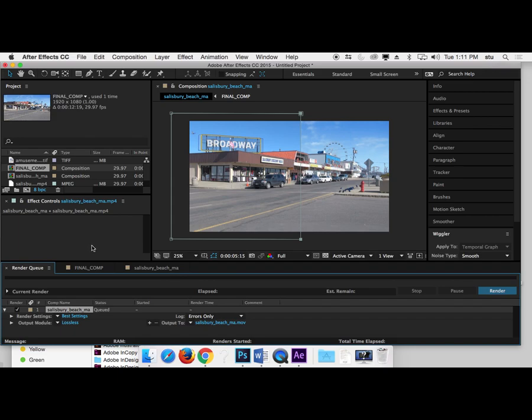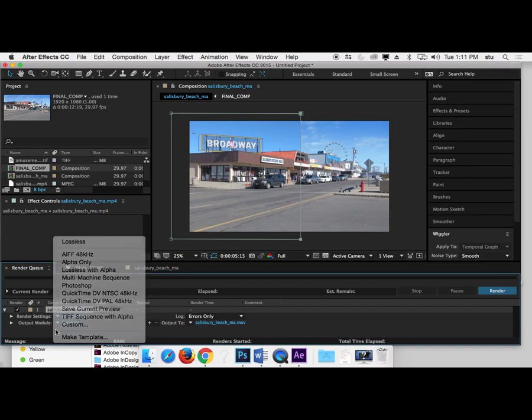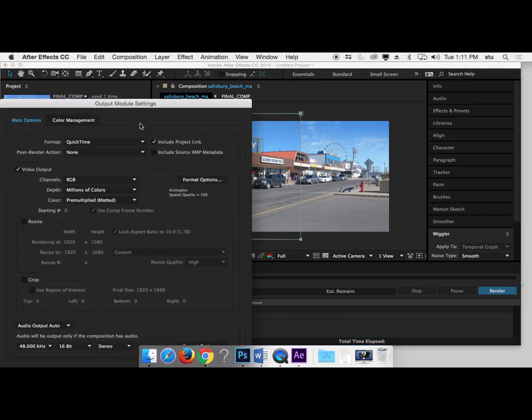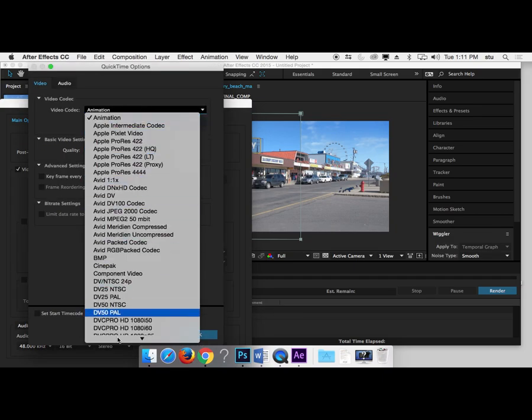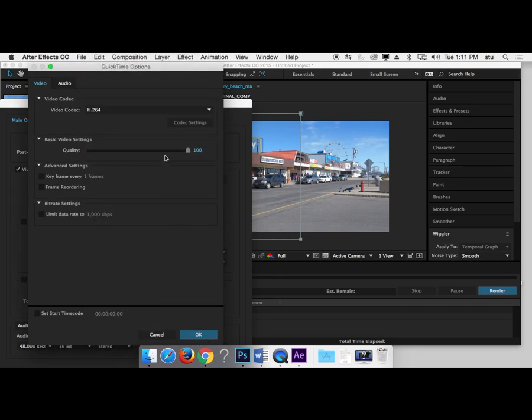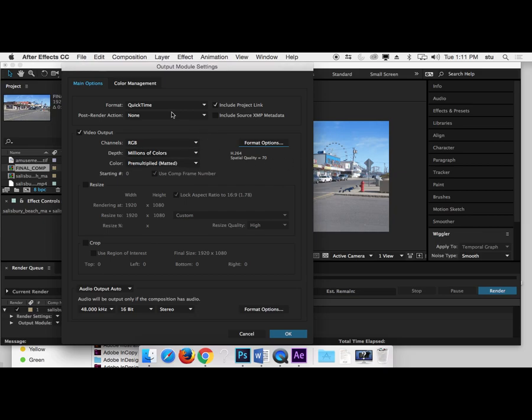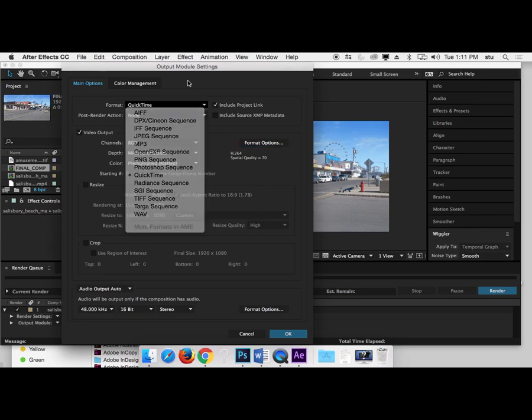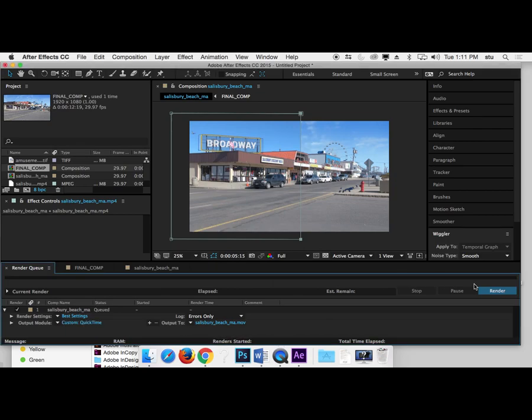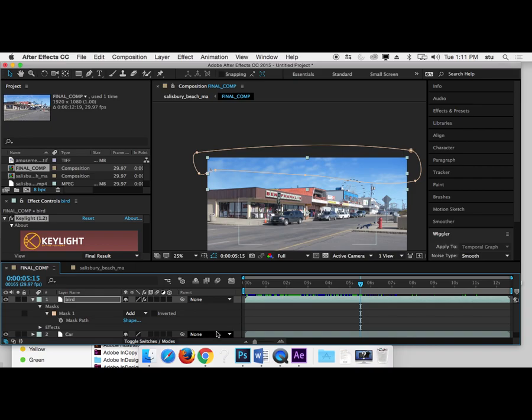That's Control Command M to bring up the render settings. And I think for something like this, we can just do a little MP4. So for that, we'll go to lossless. And you could also send it out to the render queue, but just change this to H.264. And you go ahead and crank that quality down. 70 should be okay. And either render it as a QuickTime, which I think is the best and only way to get it out of here. Put your name on it and upload that. That should be maybe 50 megs or something. For this week, and I think that might be all we're doing this week. Let me double check. And